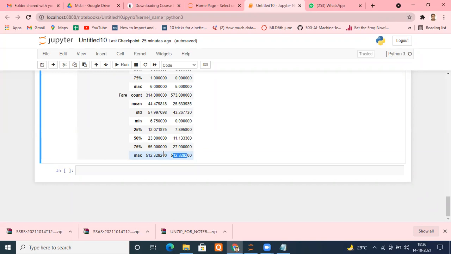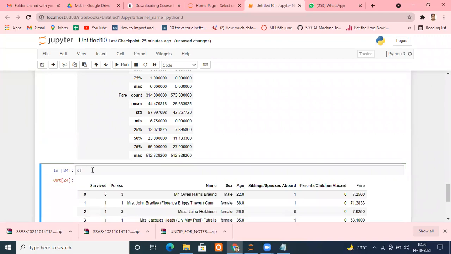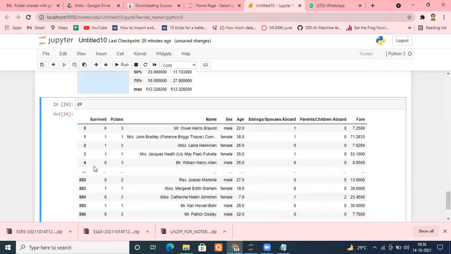Okay. Yes, sir. So I'm moving ahead now to the different operations. Suppose I have a few columns with me, or the same data set I'm referring to. Suppose this is my DF. Now suppose in any particular column I want to see unique values. Here itself it is coming 313. I'm not able to see, although I know from the data set there are only 3 values. Suppose I got a 10,000 rows or 50,000 rows data set. I want to know how many unique values there are in a particular column.